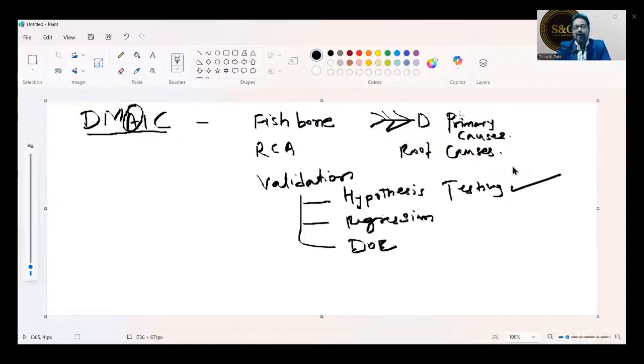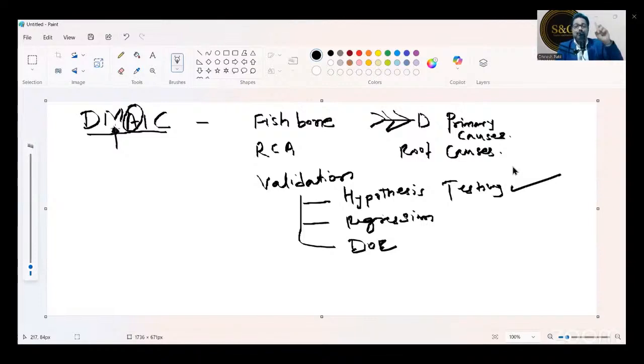Let me ask you another question. So the first question was, what are the two hypothesis testing we have learned, which is one sample t-test and two sample t-test. Let me ask you, there is one hypothesis testing we used in the measure phase as well. Who can give me the right answer?